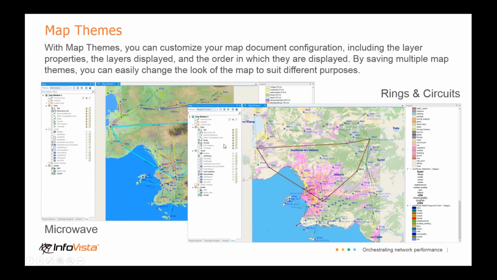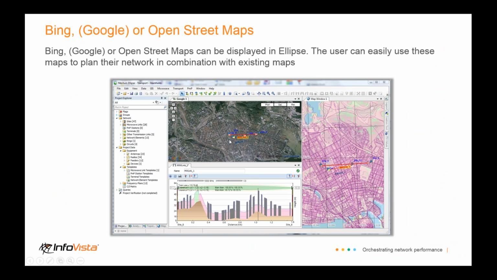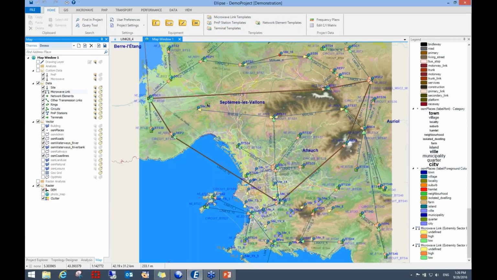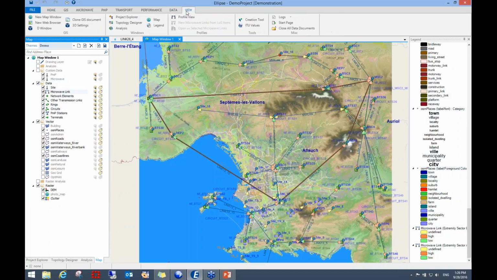Okay, so going back, here are the themes we were talking about. The other thing you can bring into Ellipse is actually Bing, Google, or OpenStreetMap. So let me show you that. And I keep going to Planet. I want Ellipse. Okay, so if I go to View, you'll notice there are some options in here. One of them is New Web Browser. So if I click on New Web Browser, for example,